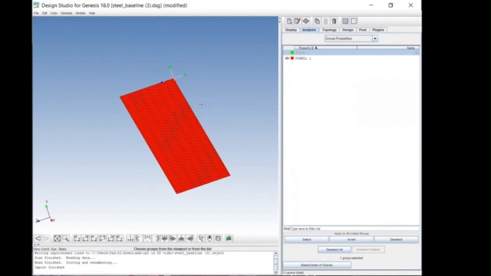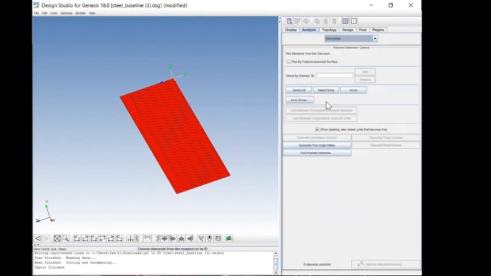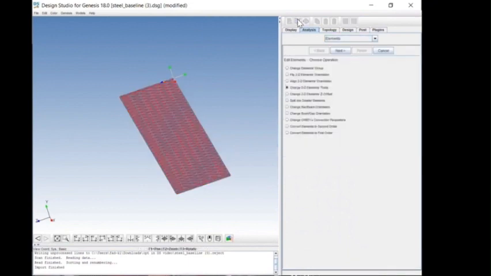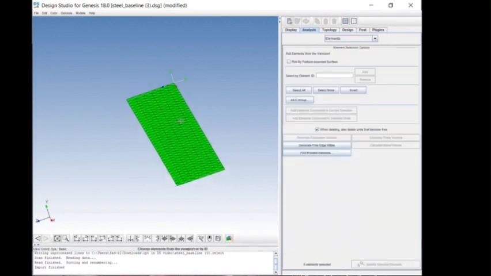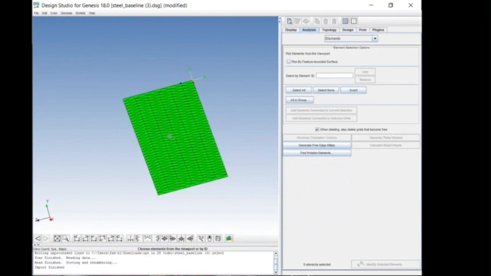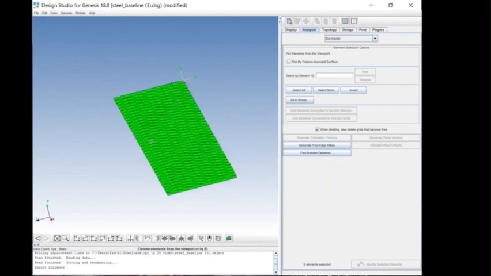So what we need to do now is to point these elements to this new physical property, which we have just created, this P-comp. Okay, so we can go analysis, elements, select all, modify, change group, change element group, click on next, pick on P-comp, which we've just defined, and then click on finish. And we can see all of those elements now have suddenly turned green because they're no longer pointing to that physical property, which was pointing to those steel